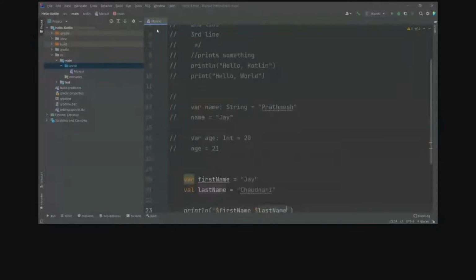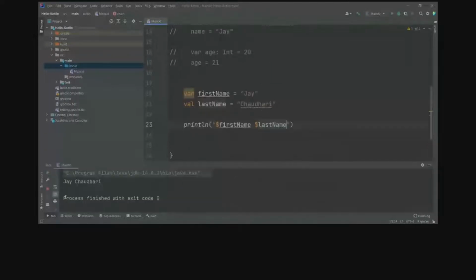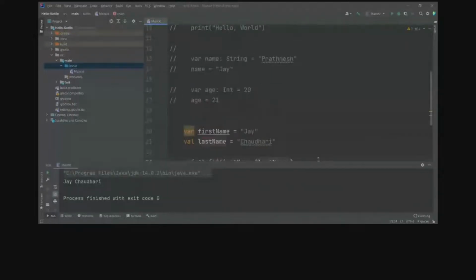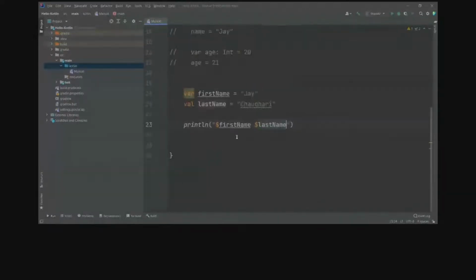It will give us the same output. So this is called string interpolation in Kotlin. It makes it very simple to write if you want to print something with multiple lines, and it makes the code a little bit smaller.